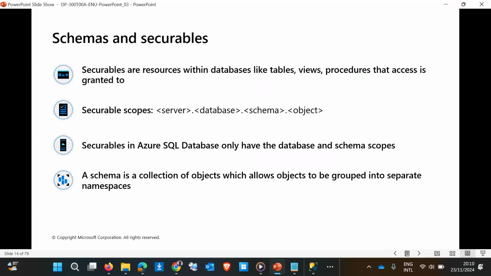Remember I said earlier that securables are actual resources within your database, or within the server, to which you want the authorization system to manage the access that people have. Examples of such securables within a database could be your table, your view, or your stored procedure. And when you're talking about the scope, it could be at the server level, at the database level, or at the object level. So this is how the scope